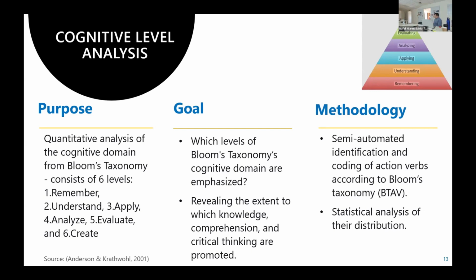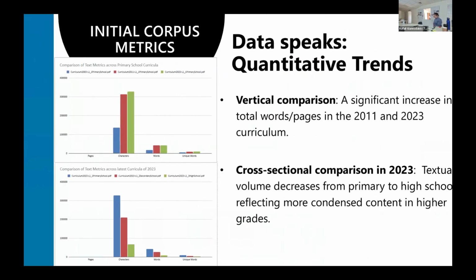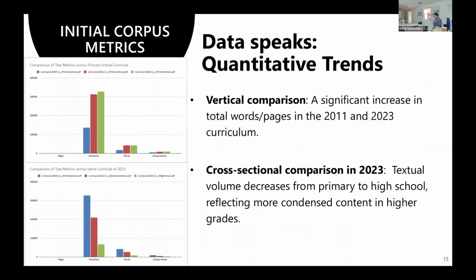The methodology we follow is the semi-automated identification and coding of verbs and adjectives according to Bloom's taxonomy and a statistical analysis of their distribution. Let's now look at our results. First, a vertical comparison